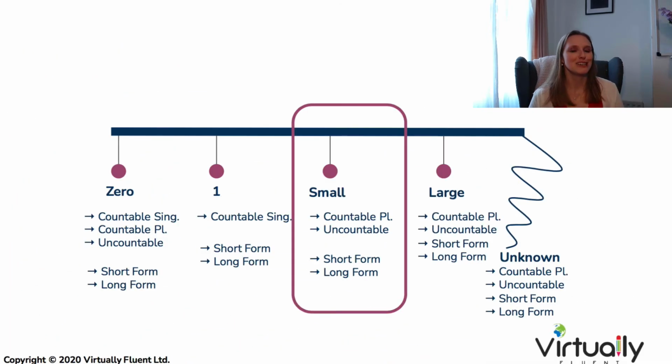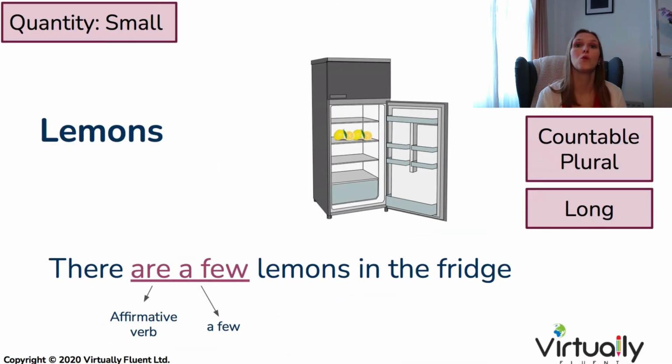So now we're starting to get into the slightly more difficult words, and we're going to look at a small quantity. We use quantifiers because we don't tend to have a specific number, which is why some people don't often count the zero quantity and the quantity of one, the indefinite articles, as quantifiers. So a lot of teachers disregard that. I've just put those in this video to help you understand what the differences are. So let's get started with some small quantities.